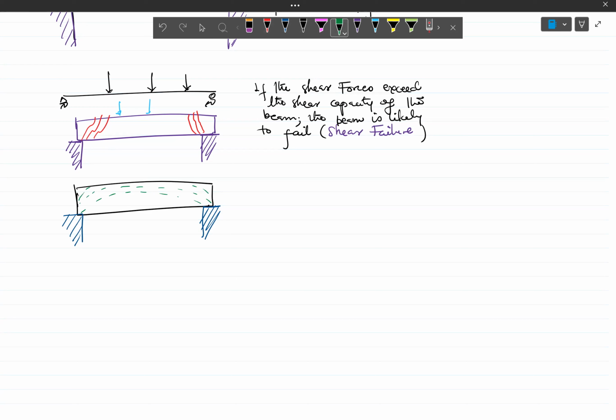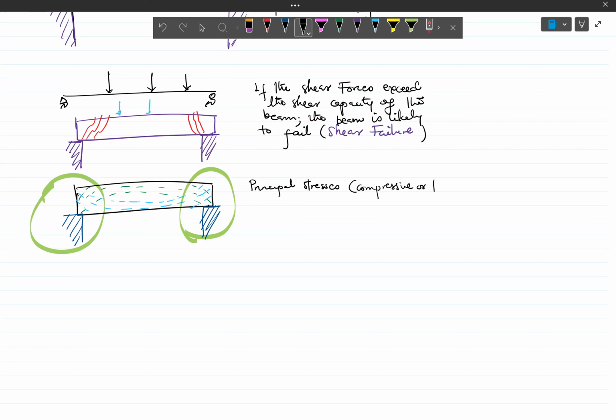Okay, this is the compression, and then this will be the tensile. And then usually closer to the supports, you would realize that these principal stresses, which are typically either compressive or tensile,